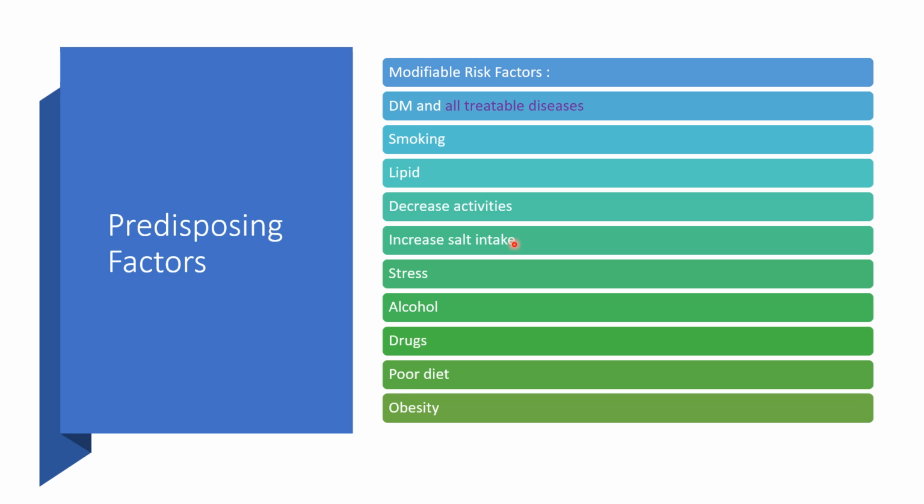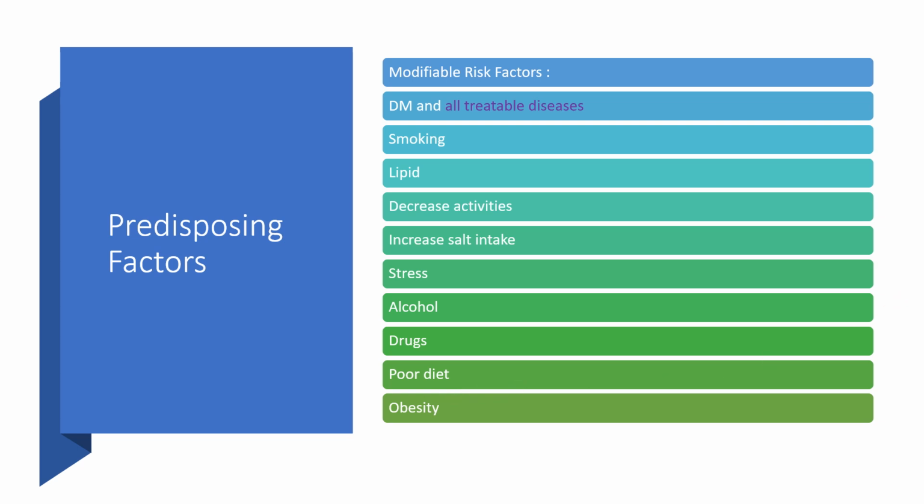Salt intake that is increased can be reduced. Stress can be adjusted. Social welfare people can be involved. Alcohol can be cut down. Drugs can be stopped. Poor diet, you can meet a dietitian and have a pamphlet. Obesity, you can work out and get it under control. So these you can modify,